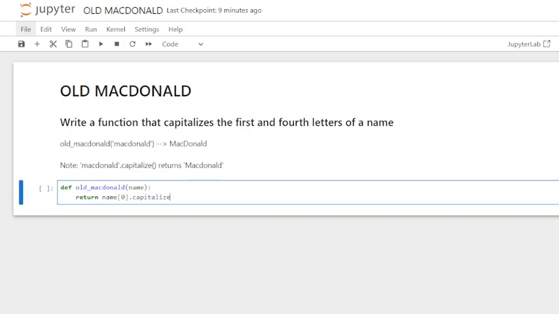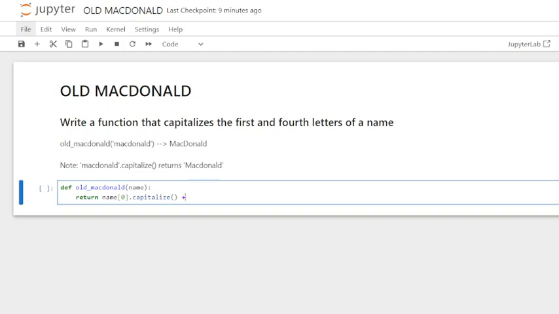use a Z, because we're using the American function clearly. So name, the first letter, call that 0, so that'll be M. We'll capitalize that, and there'll be no argument. We can leave that empty. So that will return us whatever string we input. However, we want the fourth letter to be also capitalized. So instead of saying